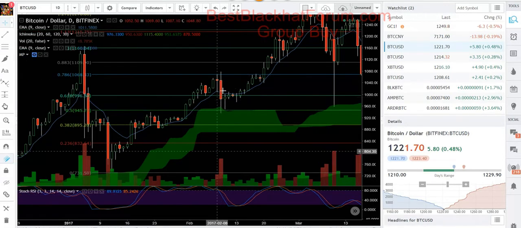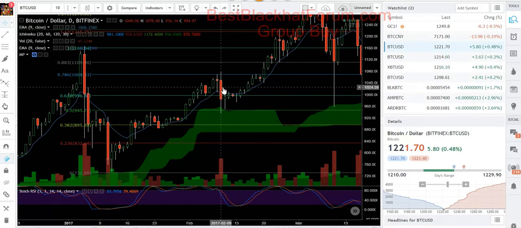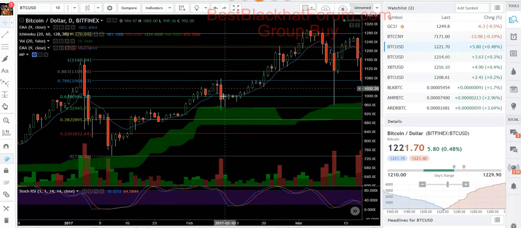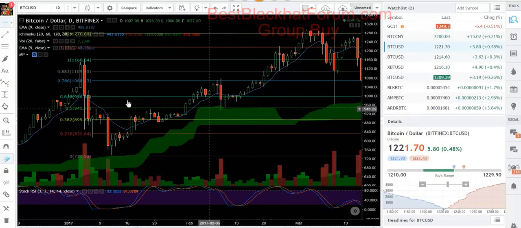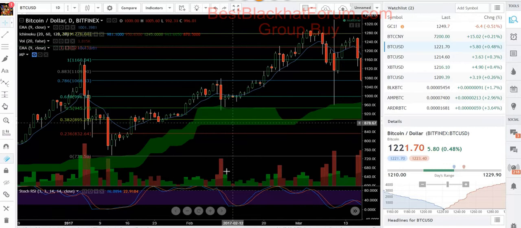And that was a lot of volume, a lot of sell volume, a lot of fear, a lot of panic, a lot of FUD, that fear, uncertainty, and doubt in that day. And it still didn't penetrate the cloud. So that was a really bullish indication for Bitcoin that it was going to continue, okay? First because it respected the cloud and bounced and defied the ABC retracement that we were expecting to get there,